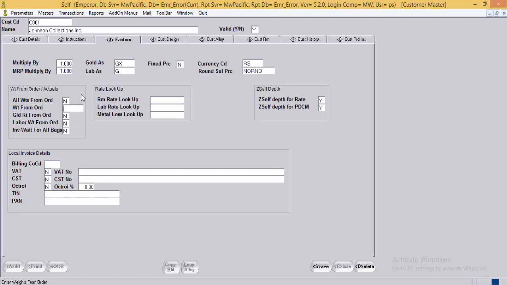For example, if we want to consider the diamond weight as per the order and not as per the actual, then in all weights from order, the user needs to specify no, and in the next field, that is weight from order, he needs to enter RM category as D. This means at the time of the invoicing, only diamond weight will be fetched from the order and all other weights will be taken as per the actual.